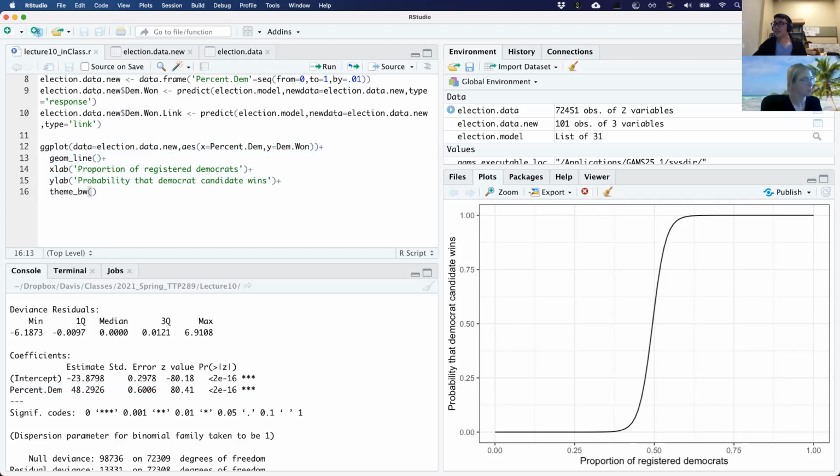Could you explain again what the response does, what link does when you have the type? Yeah, sure.